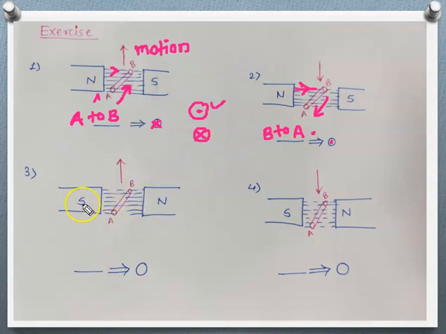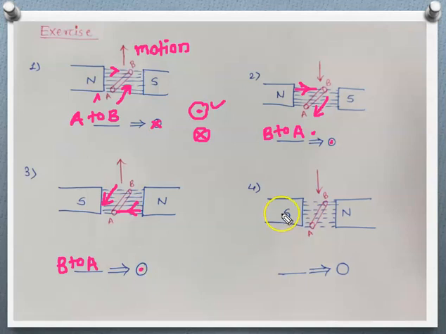Also for the third case, this is the south pole, this is the north pole. So the direction of flux will be in this direction. This is the direction of magnetic flux. The thumb is in upward direction, and then the middle finger will indicate the direction of induced EMF, which is towards us. When we do it practically, we will get this B to A. So the direction of EMF will be B to A, and the direction is towards us, pointing towards us. That means it is indicated by a dot.